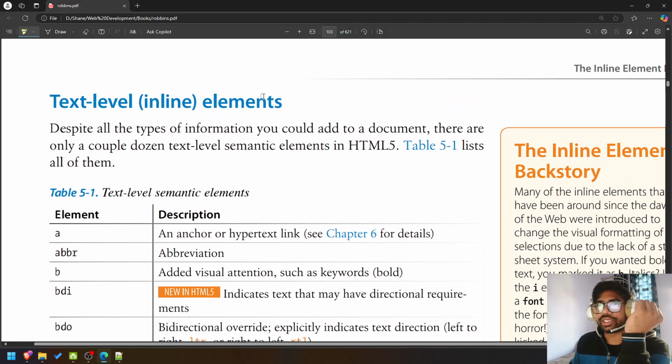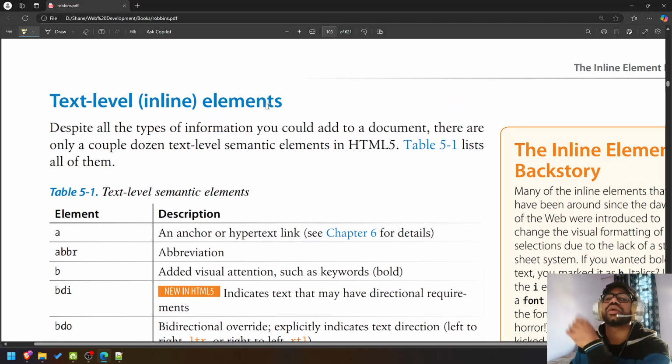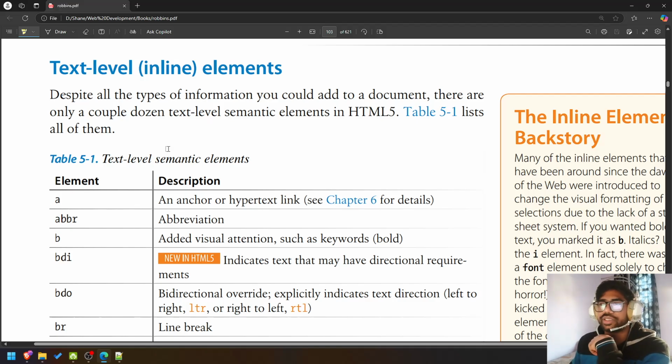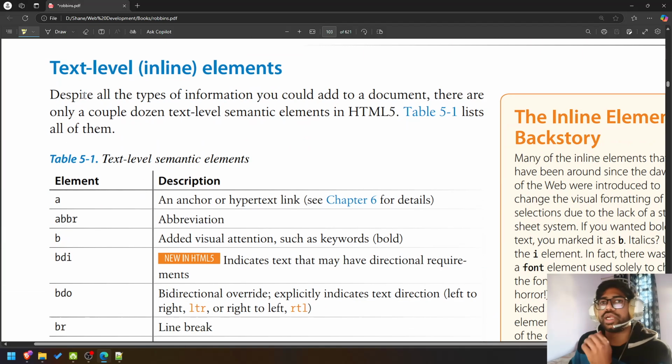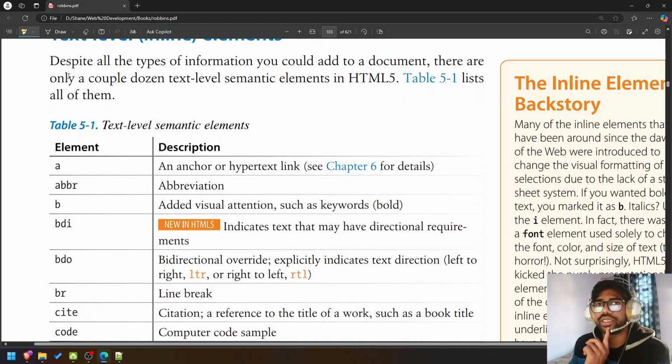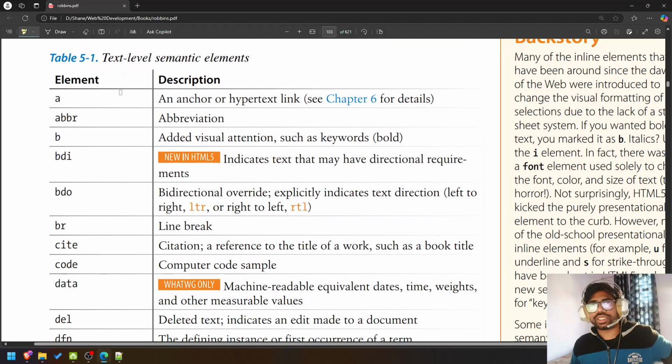Right, text level inline element. Okay, because they do not break. Despite all the types of information you could add to a document, there are only a couple dozen text level semantic elements in HTML5. These are anchor and hypertext link, abbreviation,